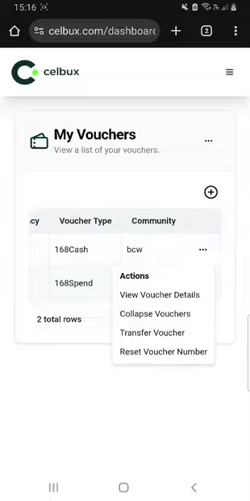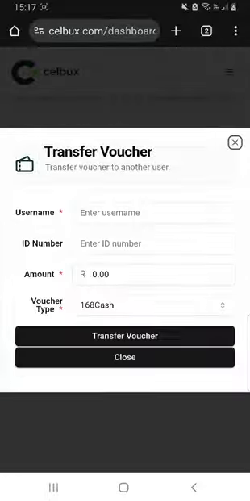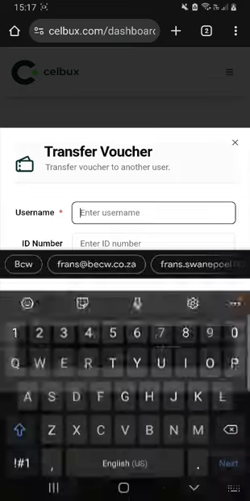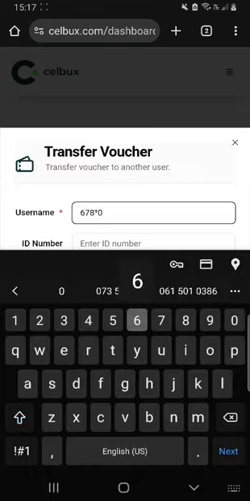It will open a drop-down box. I'm going to say transfer voucher. And on top, you have to put in your cell phone number, your personal cell phone number. I'm just going to put in a random number just to show you. But in any case,